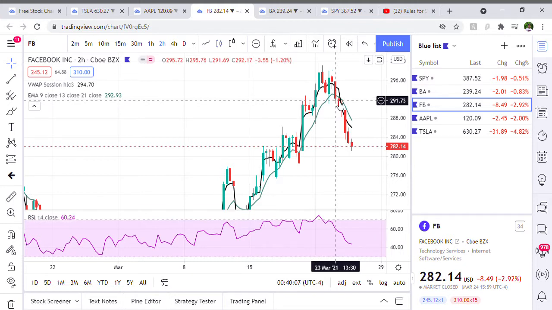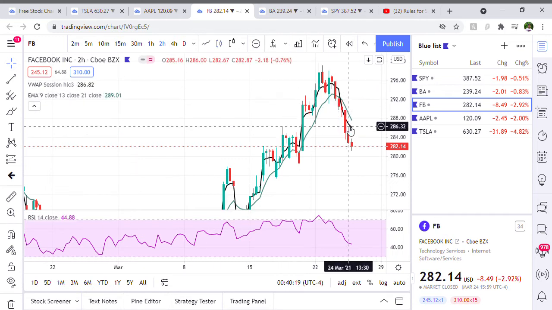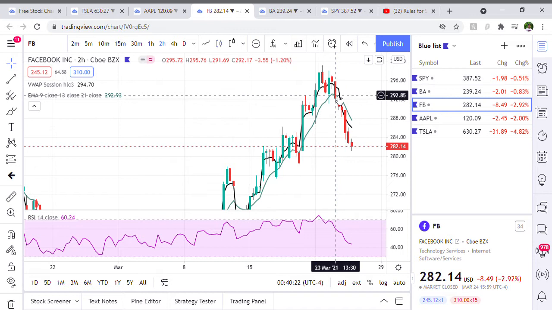These two candles, this one is a deep red candle and this one is also a deep red candle. And with the view of the VWAP and the 9 EMA lines, they both are pointing downward. So you can clearly understand that you are looking for only a bearish trade on